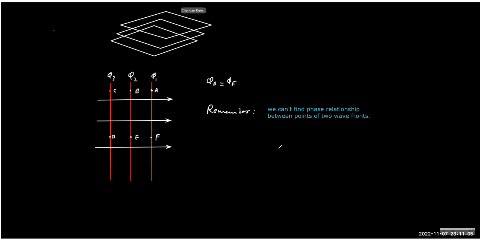So two generations never ever interfere. That is the first thing you need to remember in light. In sound, this is not the issue. In light, the issue is that two generations never interfere. And that is why interference cannot be achieved by interfering two wavefronts. That's not possible. Interference, a phenomenon which you will study later on, is only possible between